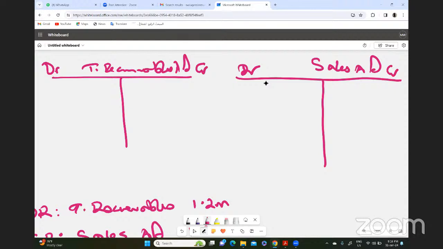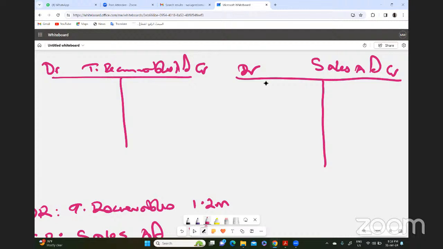Debit trade receivables alone means go to the trade receivables and include a certain figure on the left-hand side. So if the figure is 1.2, saying debit trade receivables 1.2, the English verbal meaning is go to the trade receivables ledger, on the left-hand side, put 1.2 under the amounts column,